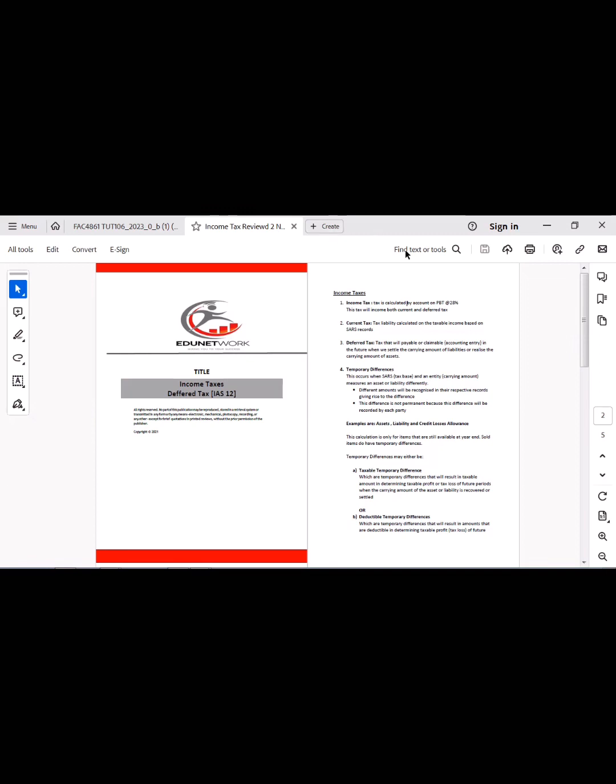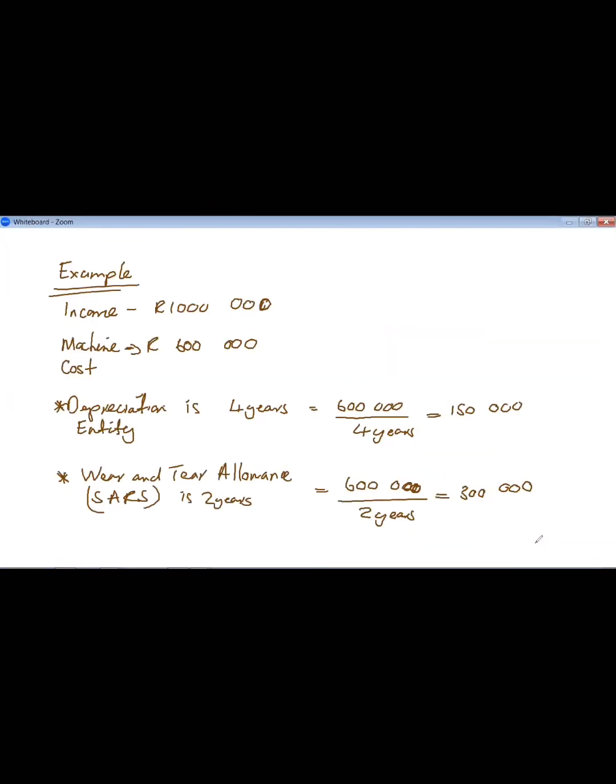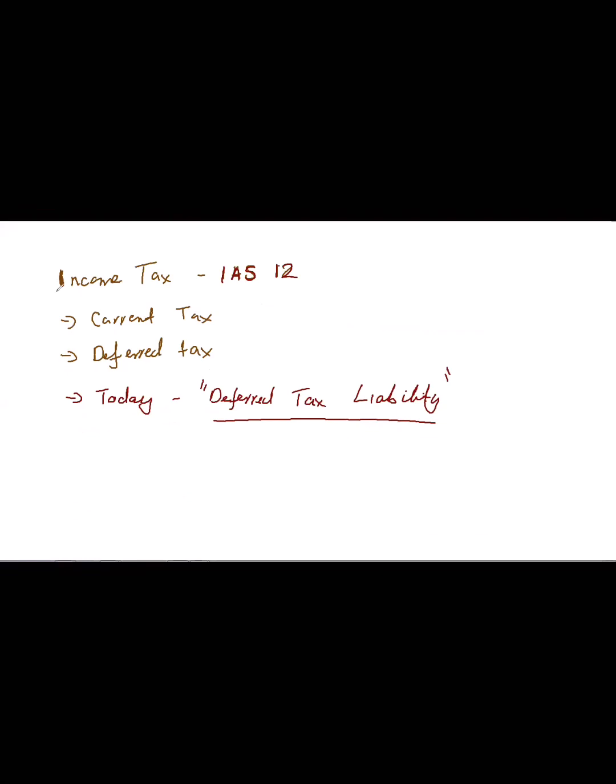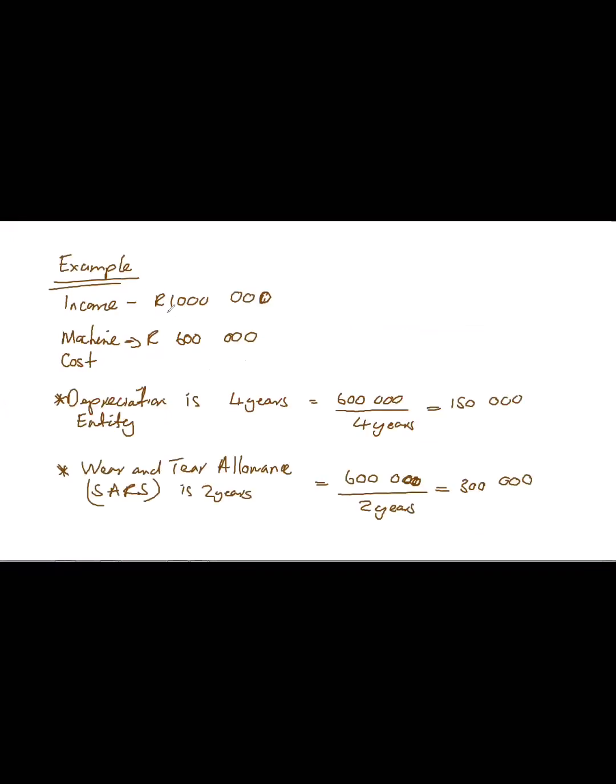Let me share the screen. As I said, we're just going to deal with the income tax. Then there is current and deferred tax, and today we're going to do deferred tax liability. So there is an example. We have a company that has income of 1 million, and then they bought a machine for